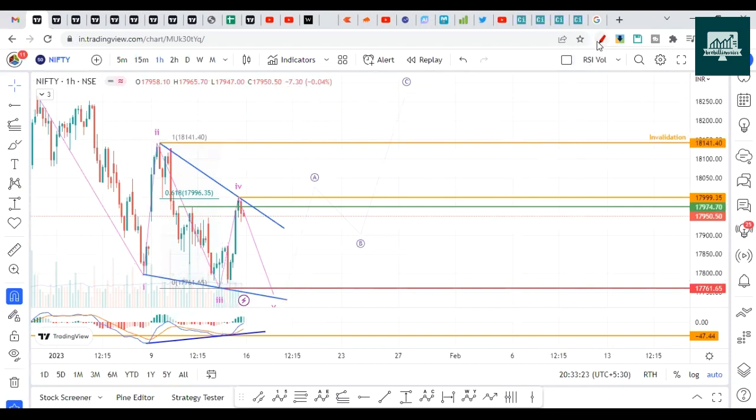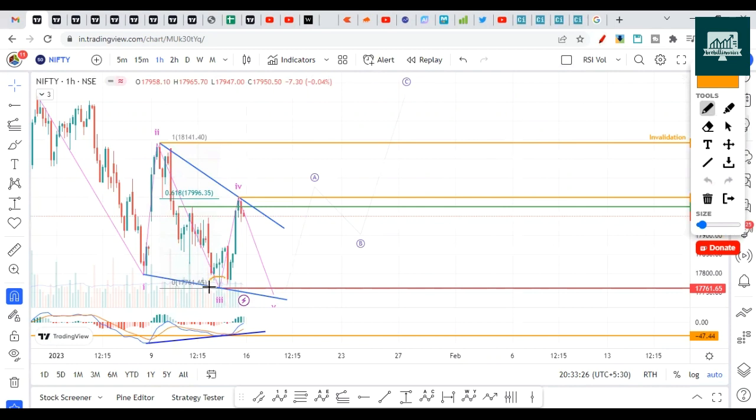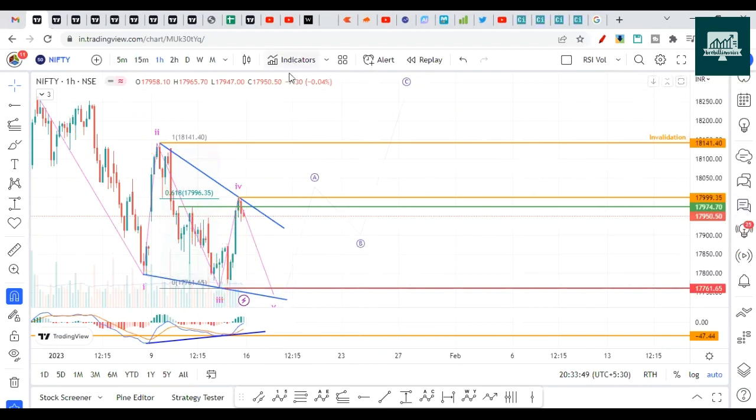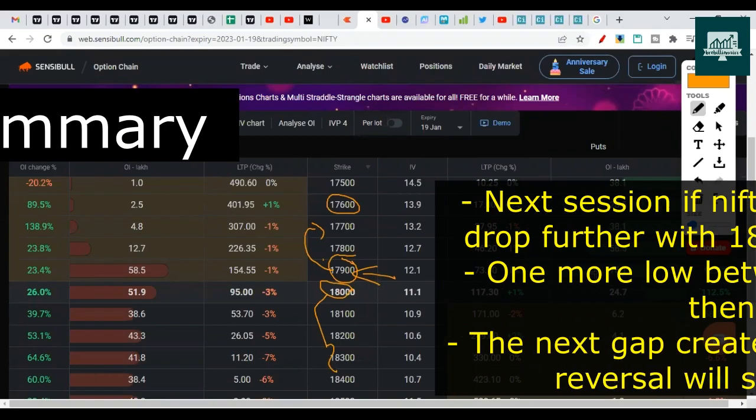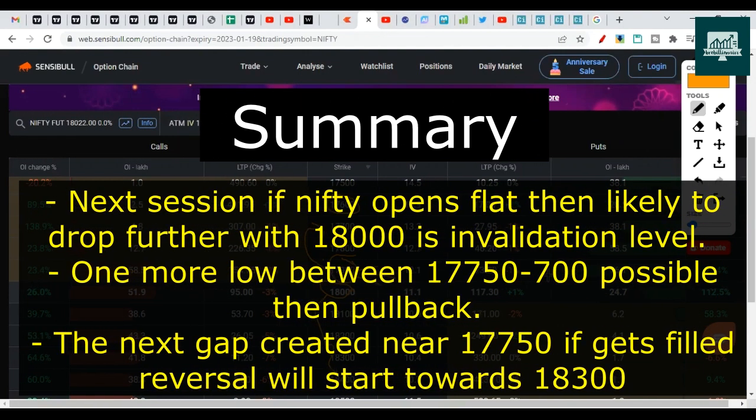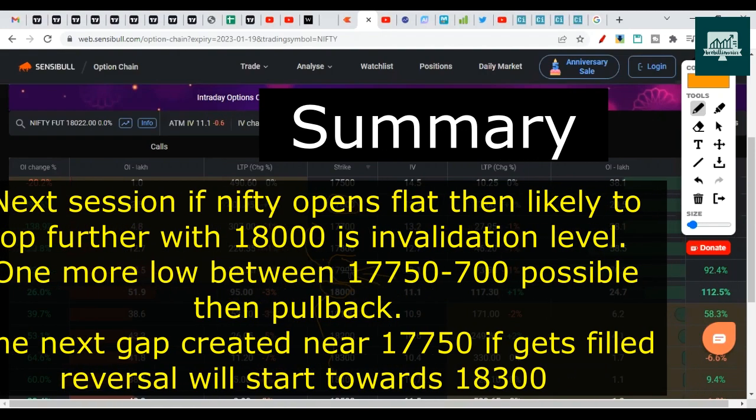Just like in the last session, everyone thought that after breaking this, it would drop again. It broke this, okay. But most of them thought it would be bearish again, but that didn't happen because the larger move had already happened. And this is just a pattern to complete the ending diagonal. So this is forming a wedge-like structure. That's what I believe. Let's see how it happens next week. The option chain does not have much data here. A very tight range, 100 to 200 points, and a break of one level will take us to the next level.